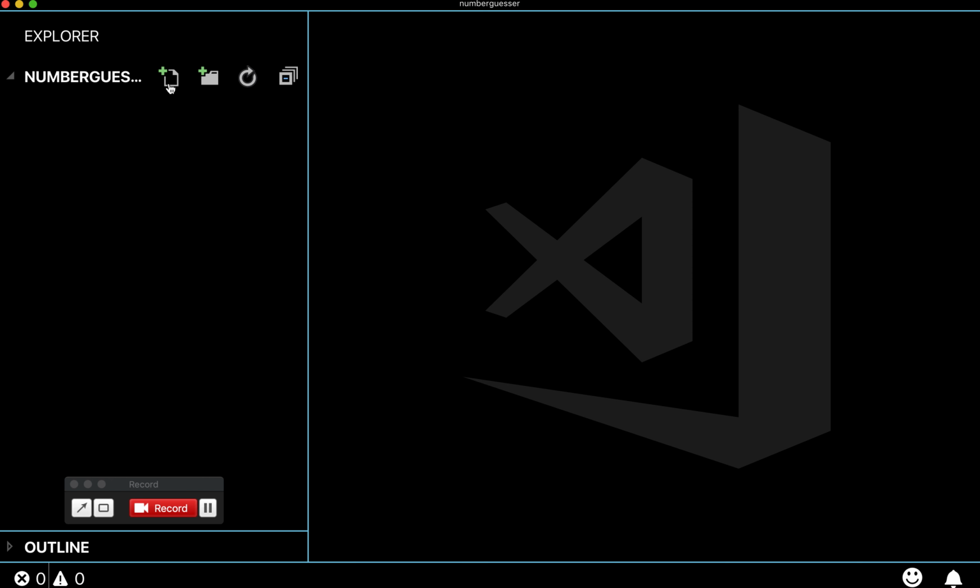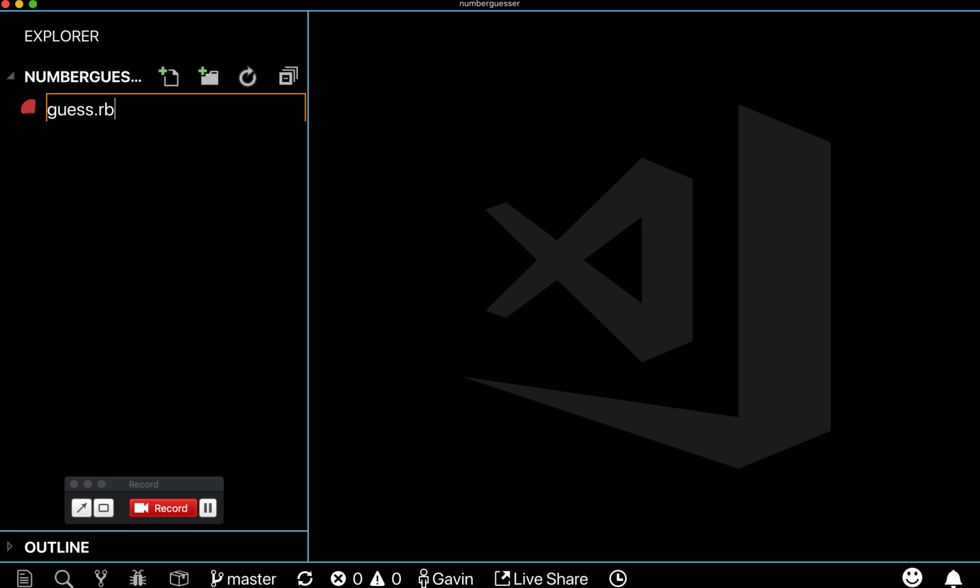And now you make your own Ruby files yourself, just like you made your own JavaScript files before, right? You're going to come up with a name, right? Maybe main.rb, or maybe you call it guesser.rb. There are no hard and fast rules for what you call it, right? Some people call it main.rb, app.rb,